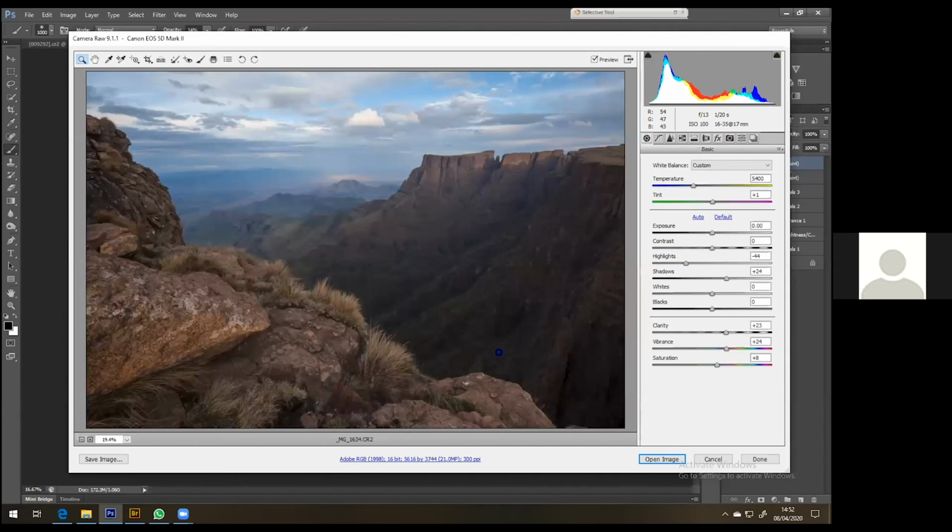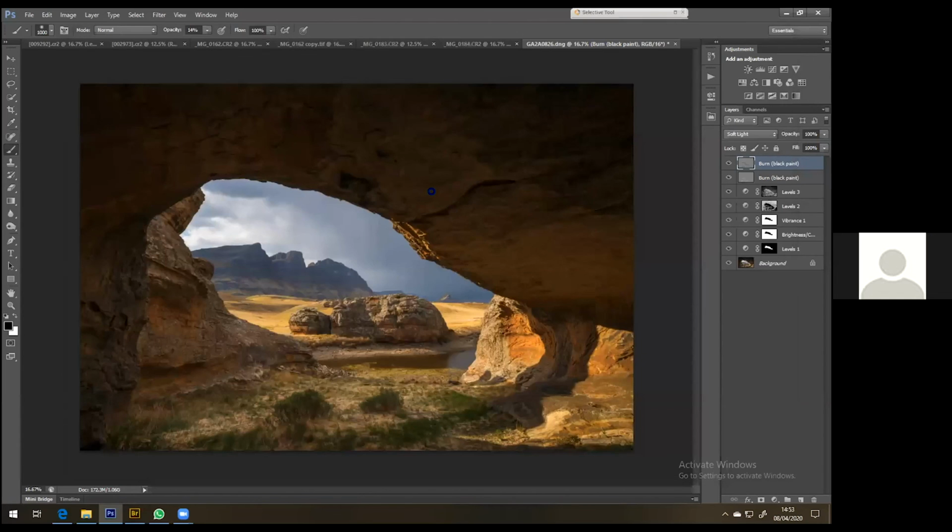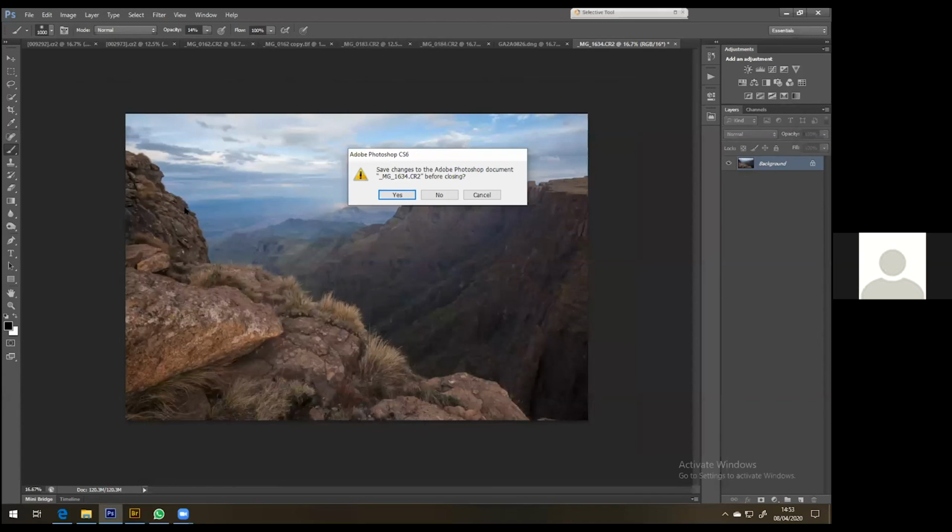And that's about it. Let me delete that image and reload it with the raw. So if you're shooting in raw, sorry, what's her name again? Siobhan. Her name is Siobhan. Okay, Siobhan. So if